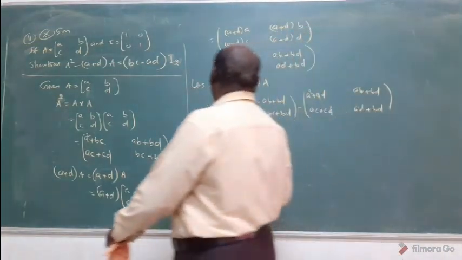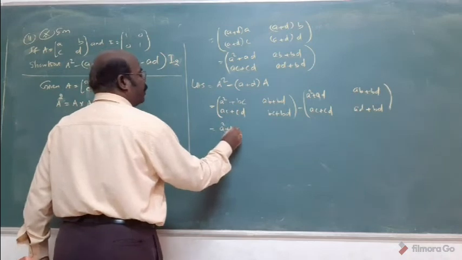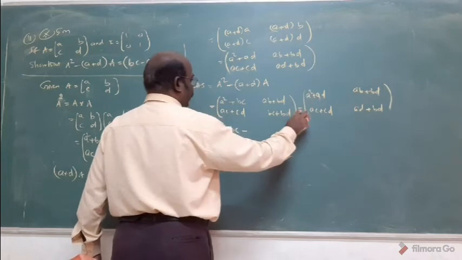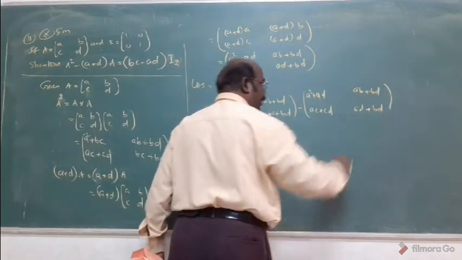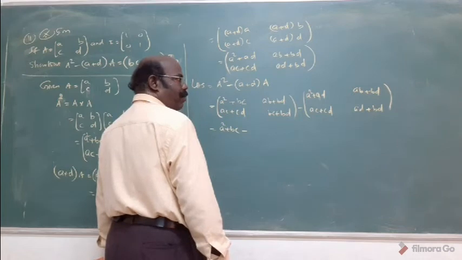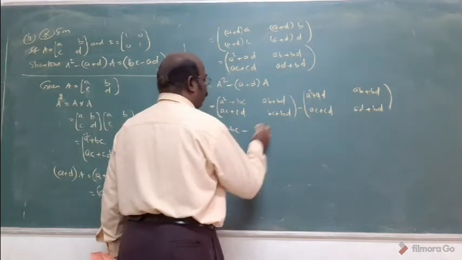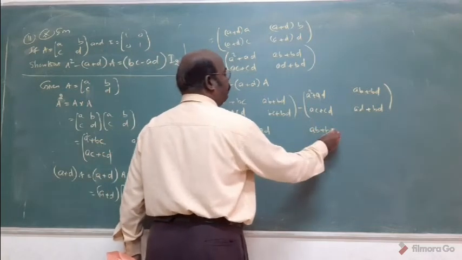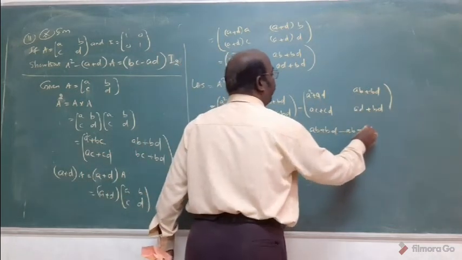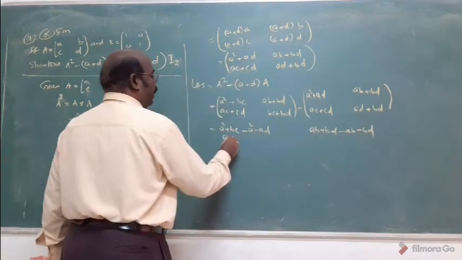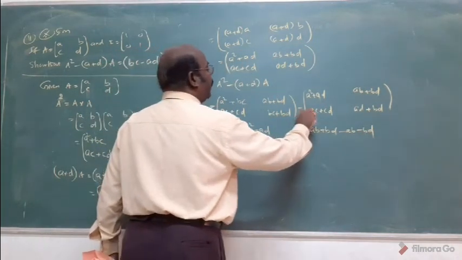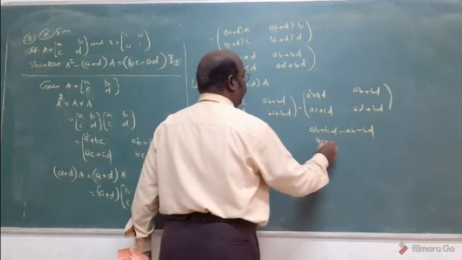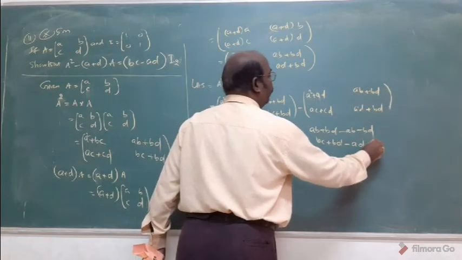Am I right? Now, once again, A square plus B C, here minus, no? Minus. A square, this minus is multiply all elements. Multiply minus to all elements. Minus A square, minus B. This is a person. Next step, A B plus B. This one. Now what minus? Minus A B minus B. Next step, A C plus C D. Again, multiply minus A C minus B. Next step, B C plus B D, minus A D minus B.